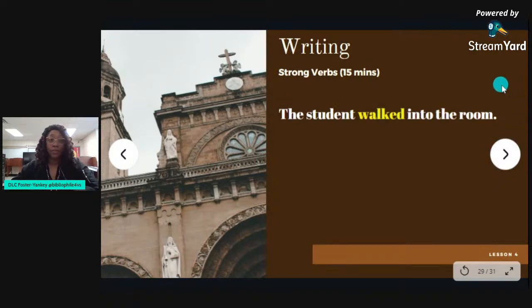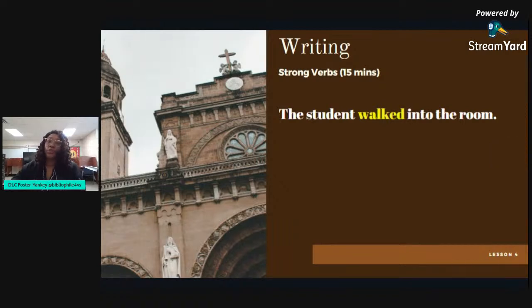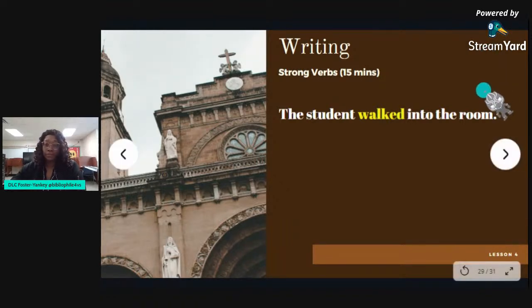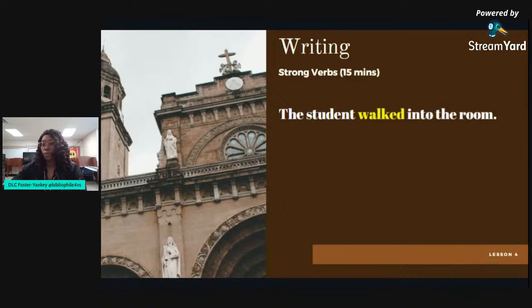And then they move on to strong verbs for 15 minutes. In this lesson, the teacher is going to tell students that they're learning how choosing strong verbs will improve their writing. They'll talk about what strong verbs do and how the strength of a verb is determined. They'll share examples of 2 versions of the same sentence, one with a strong verb and one without a strong verb. Then they'll give examples of stronger versions of the verb "says" and explain that when students write, they should try to capture the reader's attention and convey their point precisely by choosing strong verbs.